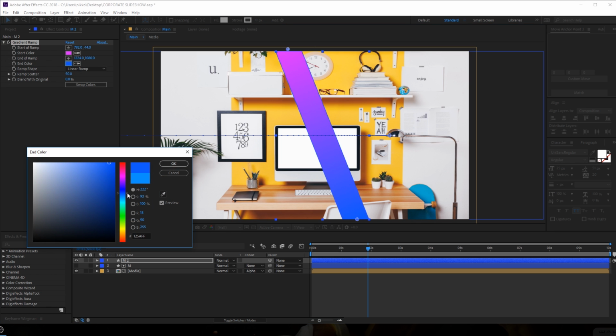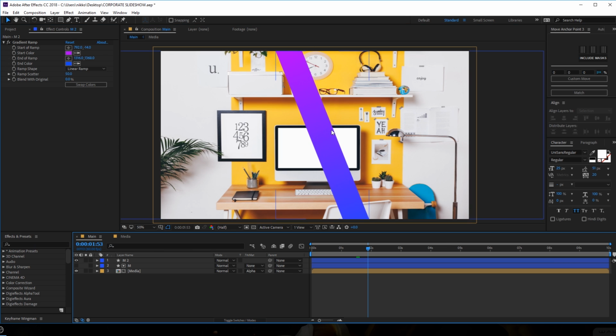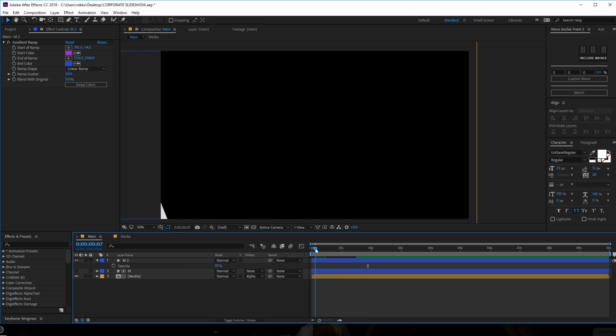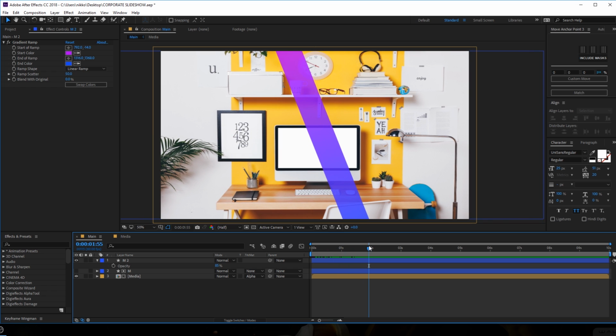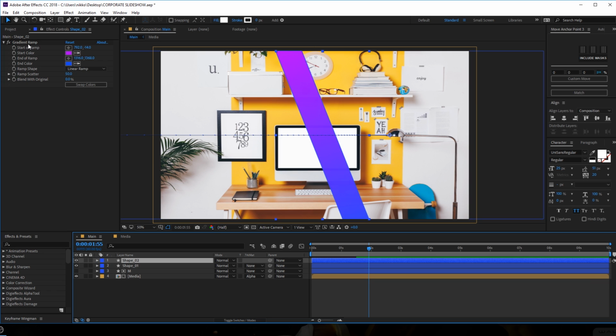So let's make it a bit darker, maybe something like so. And for the purple, I think I'm gonna go something like that. Let's drag this a bit, just like so. Pretty nice. Also, I'm gonna bring down the opacity to, let's say, maybe 80, 85. Yep, pretty good. Then I'm gonna select this matte and rename it to shape_01. Let's duplicate it by hitting Control D on the keyboard,